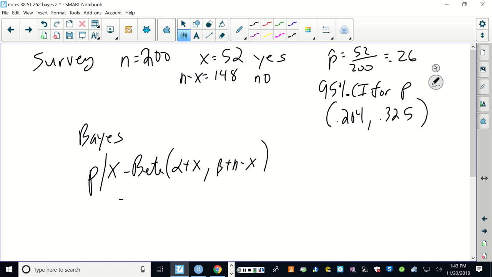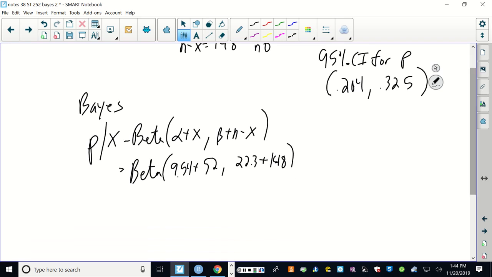And so the distribution that expresses our knowledge after seeing the data, for this prior alpha was 9.54, and then x is 52, and then beta was 22.3, so we got 148 as the number there, right? And the